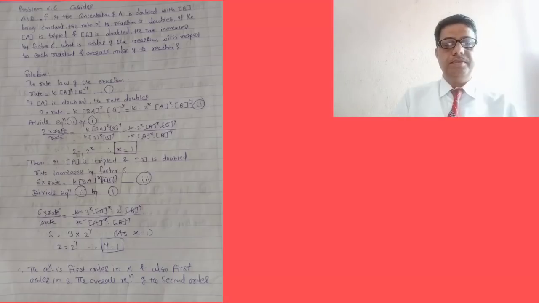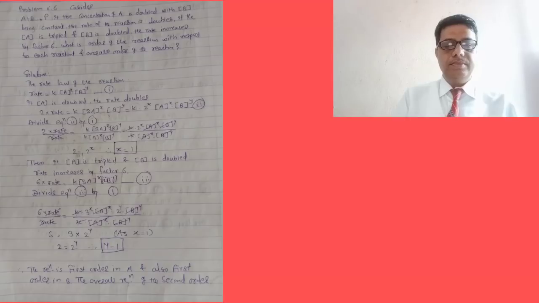6. So from these two conditions we have to calculate the powers, or concentration powers, for the given reactants, that is A and B, using mathematical operations. And then, if we calculate the powers of the given reactants separately, we add these to calculate the overall order of the reaction. So see